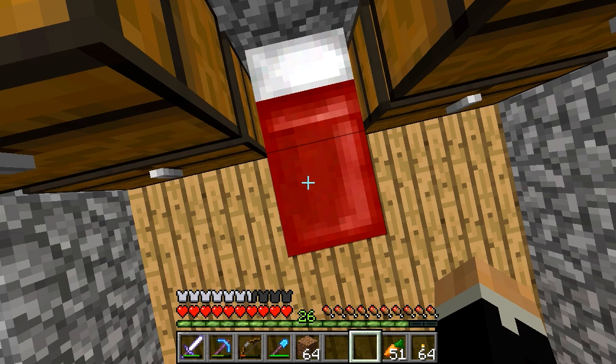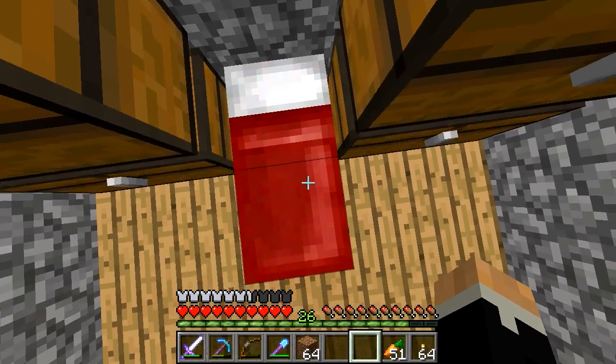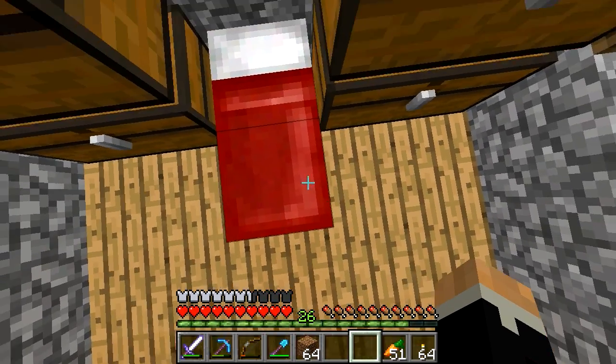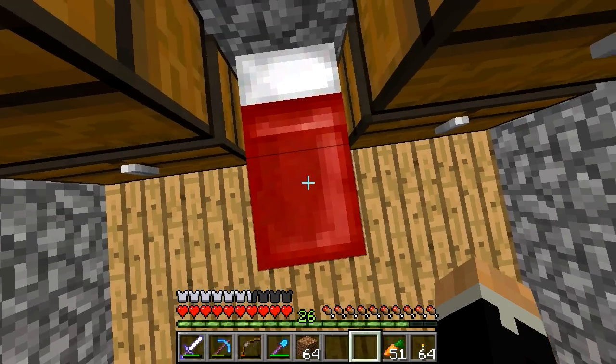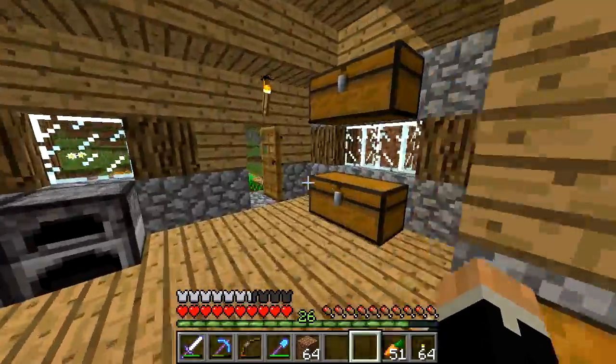Alright, see you then. Have you guys ever noticed the shading on the bed? It is so weird. It goes like this, and then it goes like this. That is so weird. It sort of looks like the Mojang symbol, doesn't it? Like, it goes like this, and then like that. Anyways, so,